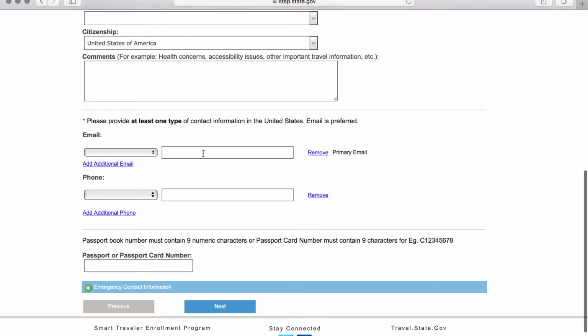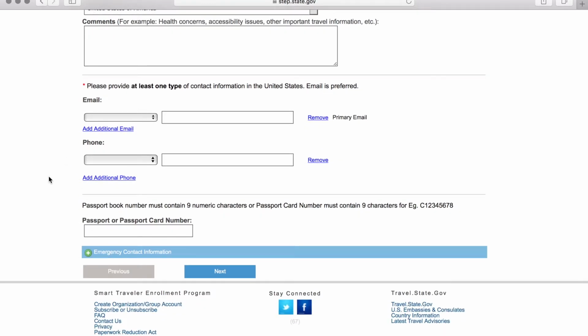And then next, you're gonna enter your email address and phone number, but the email address is going to be the primary way to communicate with the U.S. government. And of course you have to enter your passport number, and once you complete that information, the next